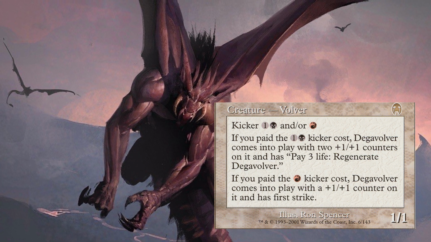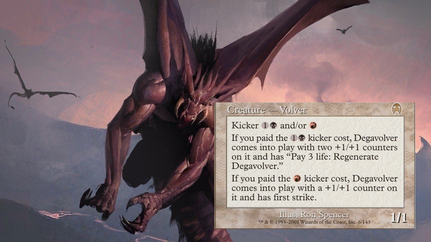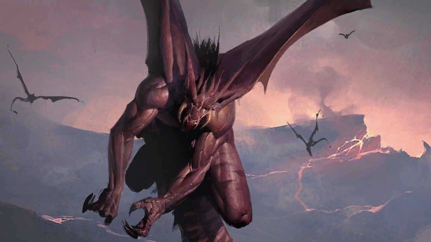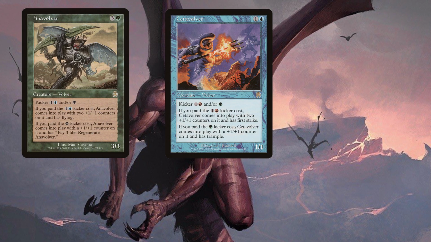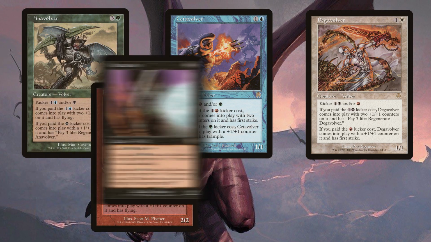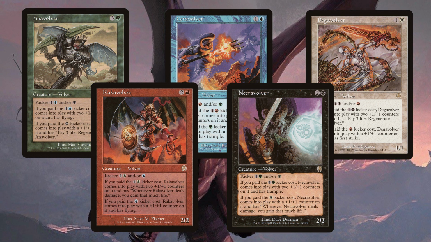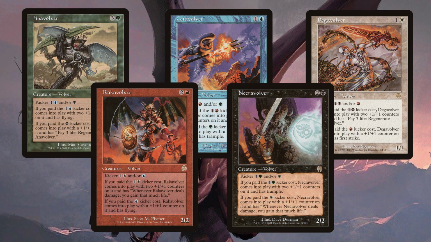This cycle of cards, known as the Volver cycle, as well as their companion cards, would be the names used for wedges for some time. Those names were Anna, Seta, Dega, Raka, and Nekra. So now the mana bases were set, and the idea of bringing every possible combination of mana together was solidified